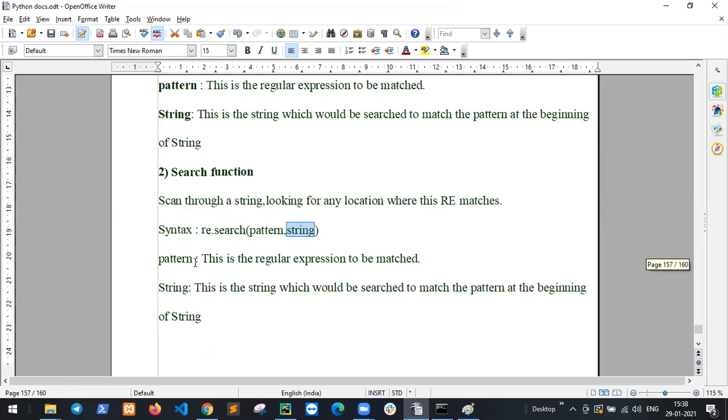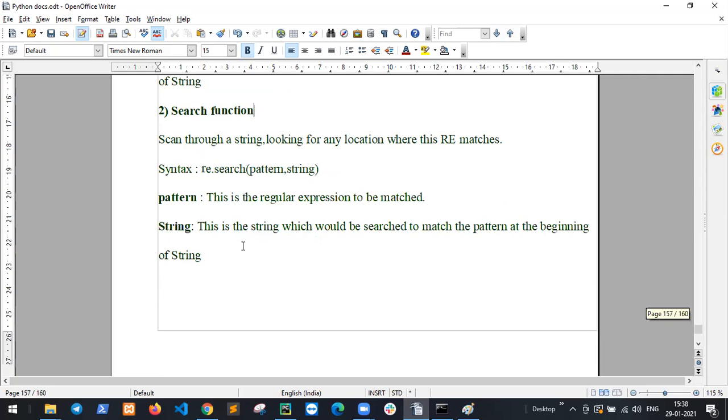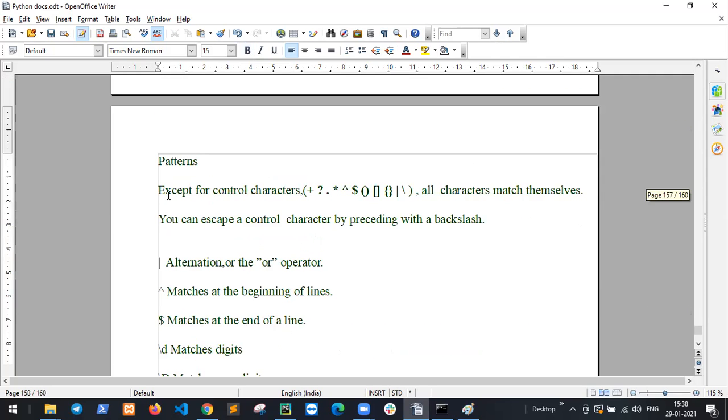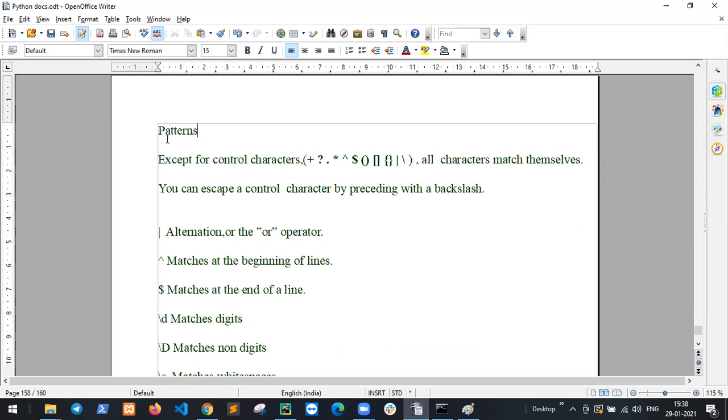The pattern is the regular expression to be matched, and the string is the string which will be searched to match the pattern.